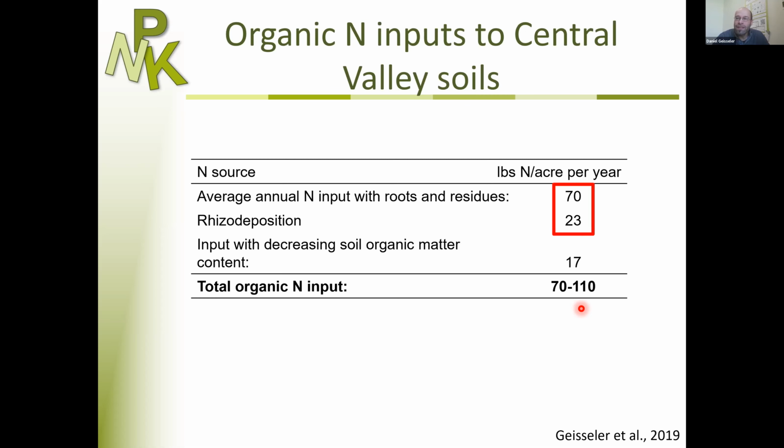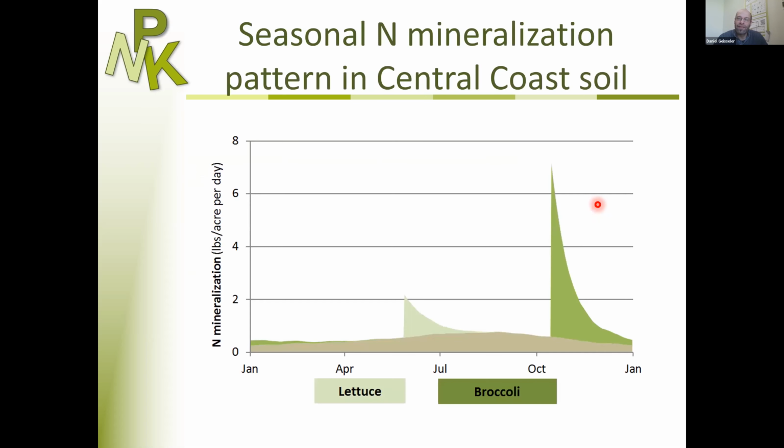On the Central Coast, these numbers may be slightly higher because growers often grow 2 vegetables a year, although I don't think they would be double that, because the residues incorporated in the Central Valley, let's say in a lettuce broccoli rotation, a lot of the nitrogen is released immediately and isn't converted into soil organic matter. So on the Central Coast, if we look at the nitrogen mineralization per day, then we will probably see from soil organic matter, it increases.